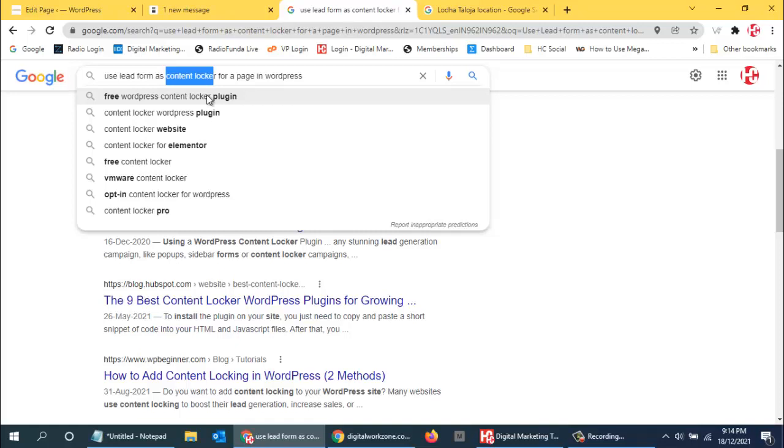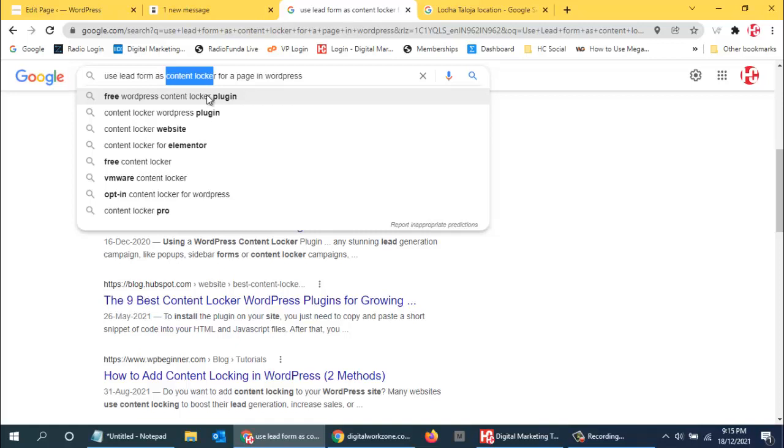Still, if you want to do it, yes, you can use this. You can find various themes on Content Locker. You can note down the word Content Locker, and this you can use. You will not find this word in any other videos already uploaded, because this is a custom question which you had asked. That is the reason you can note down this word.